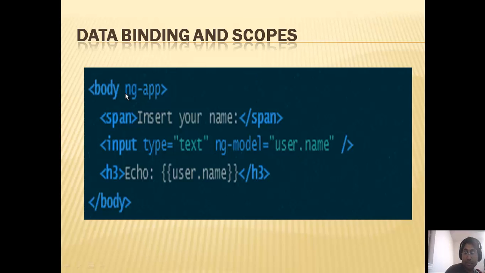So if we were supposed to write this application in JavaScript and jQuery, we would be writing some functions and some event handling, so that on key press or key up, we would take the text from this text box and put it there. Probably we would use some ID with an h3, or some other control like a span or label, and put it in our HTML or in our text, whatever we want. But Angular has made it very